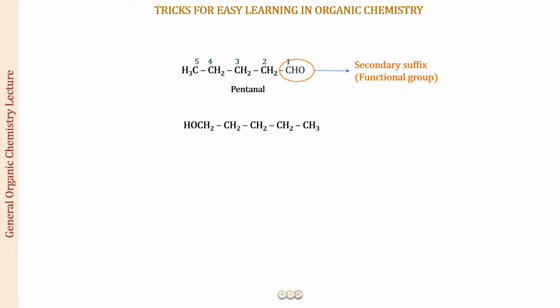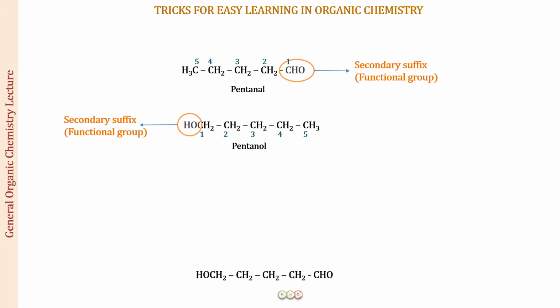And if you look at this compound, again, can you identify the functional group? An easy thing. So yes, this is the functional group, the OH group, this is the alcohol group, and this we represent in the name of the compound again as the secondary suffix as an ol. Starting the numbering to give a lower number to the OH group, you are going to number it this way from 1 to 5. And again, the name of the compound is going to be pentanol.